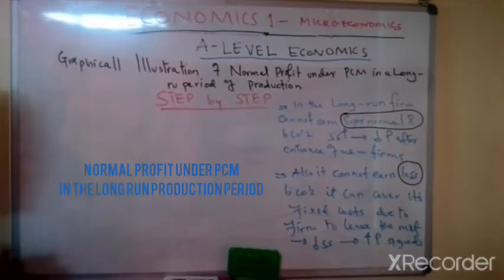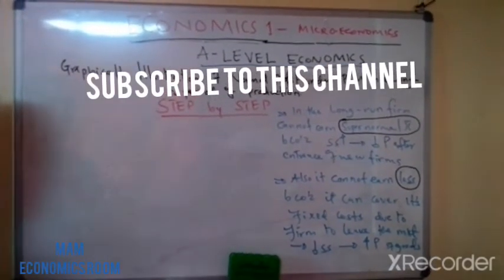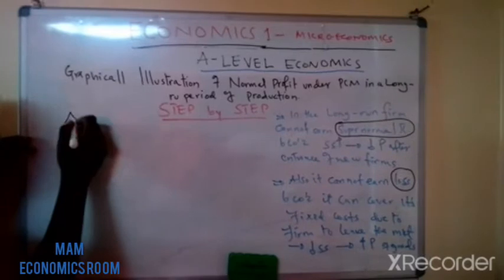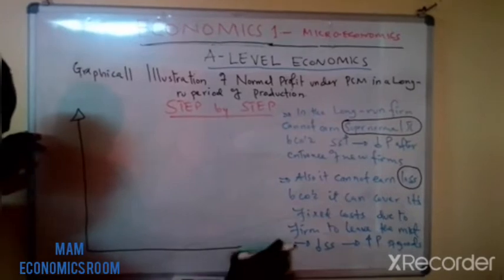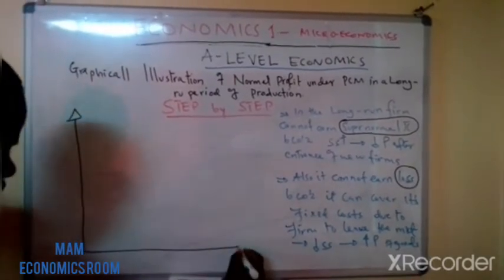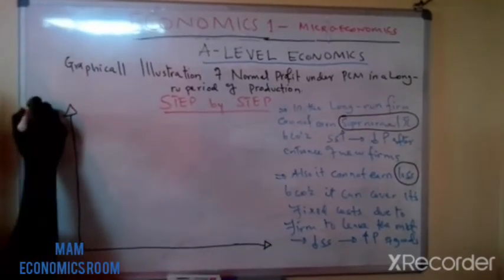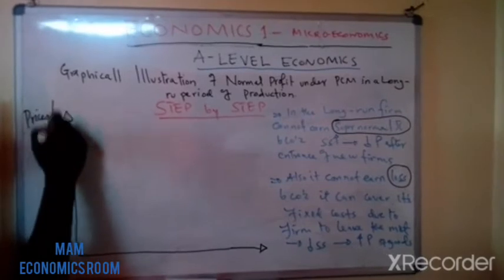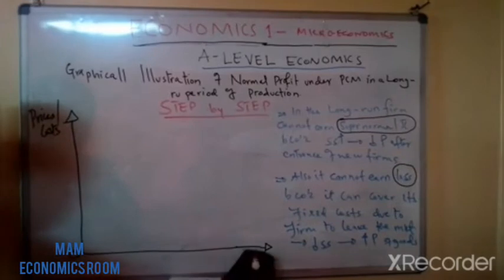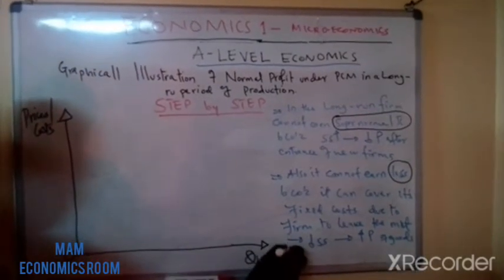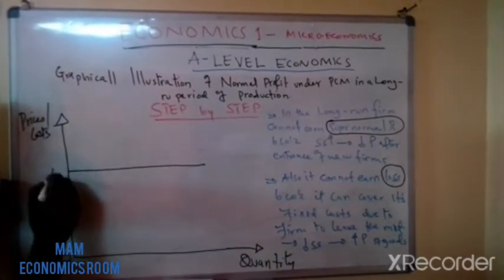An illustration of normal profit under PCM in a long run period of production, and this is step by step. So we start with the y-axis, we go to the x-axis. From there we know that the prices or costs, remember this is 0, these are the quantities, quantity side. So we introduce the price line like this,